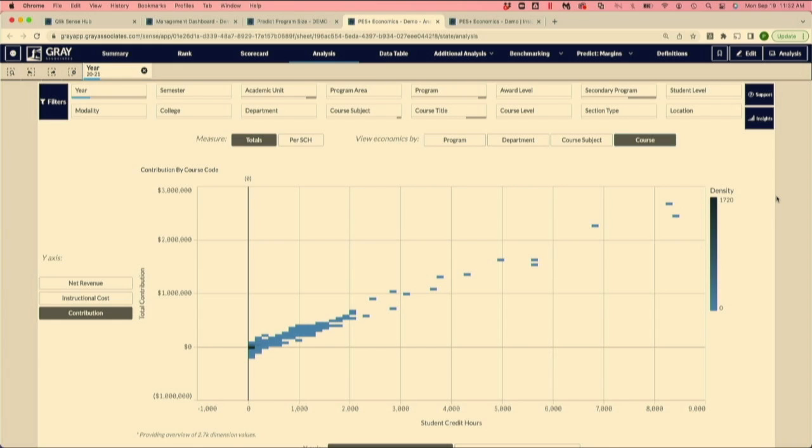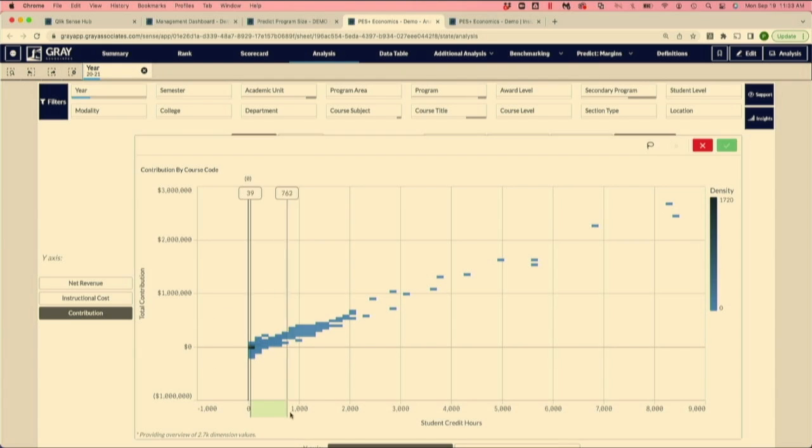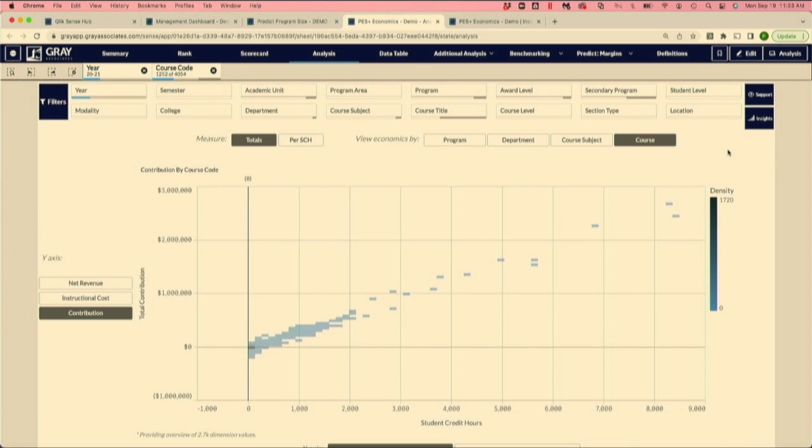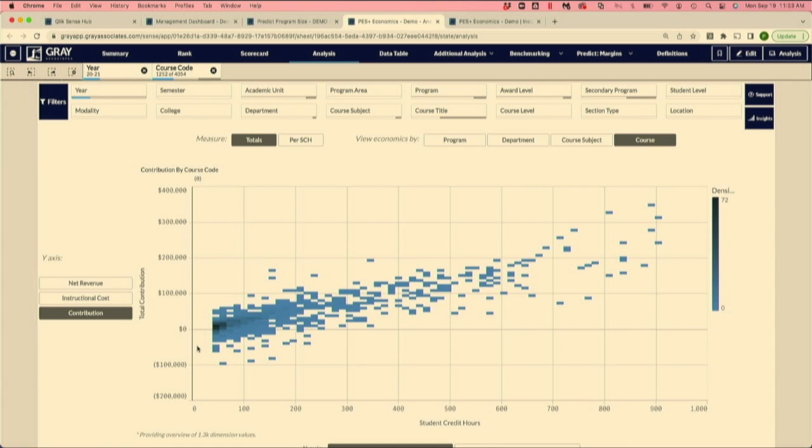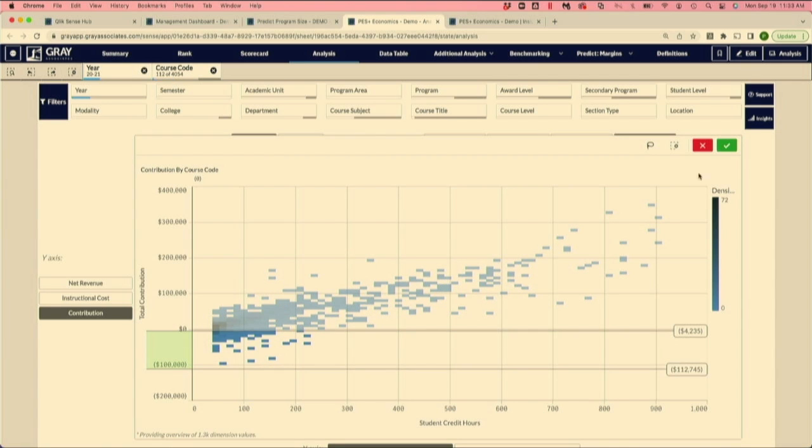So there's no reason to offer 2 sections with 5 students when he could have offered one with 10. That's a pretty basic example, but that's really where having this data at your fingertips can help you drill down on those particular answers. So I could literally come in here and zoom in again on the left and just keep focusing in on those smaller courses to see where the ones are that are small and losing money,